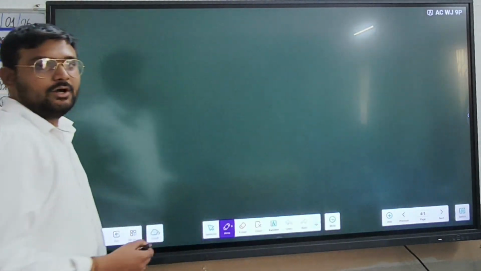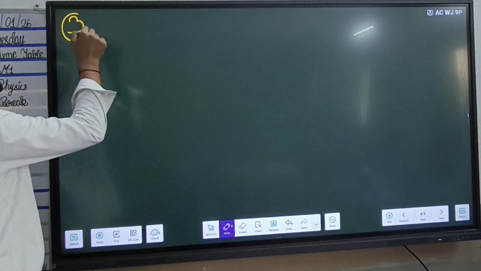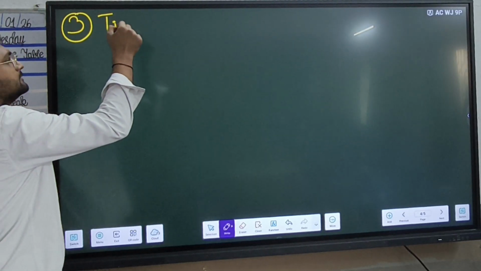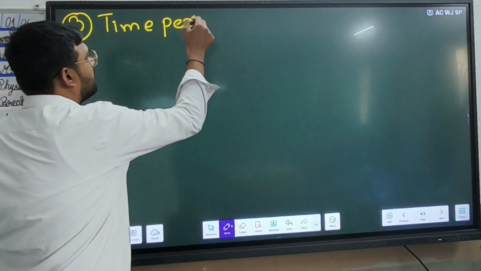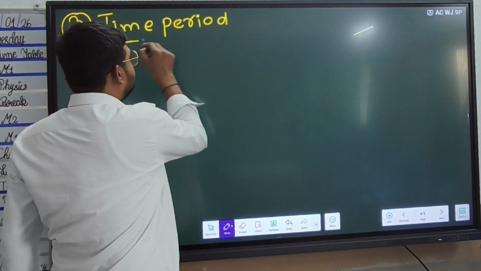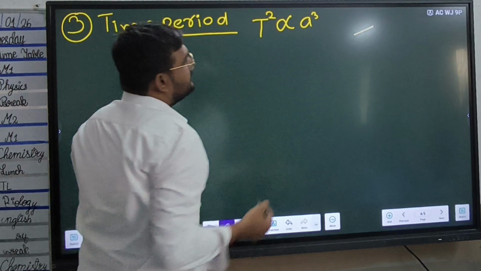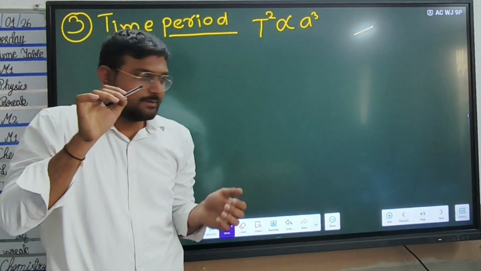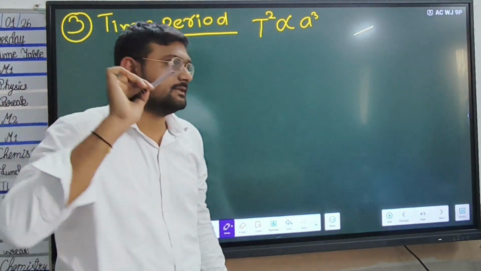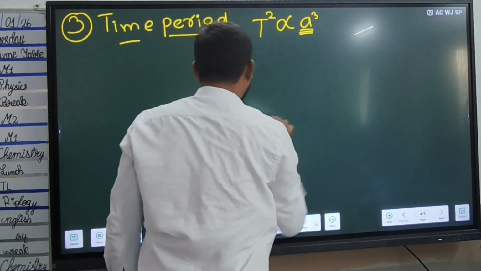Now let us move to the third law of Kepler, which is also called the law of time period. What does this law say? T squared is directly proportional to a cubed, where T is the time period of a planet, the time taken by the planet to complete its revolution around the Sun. And a is the